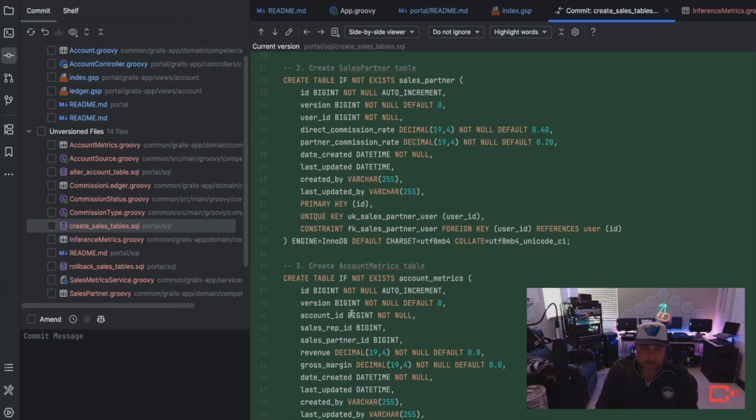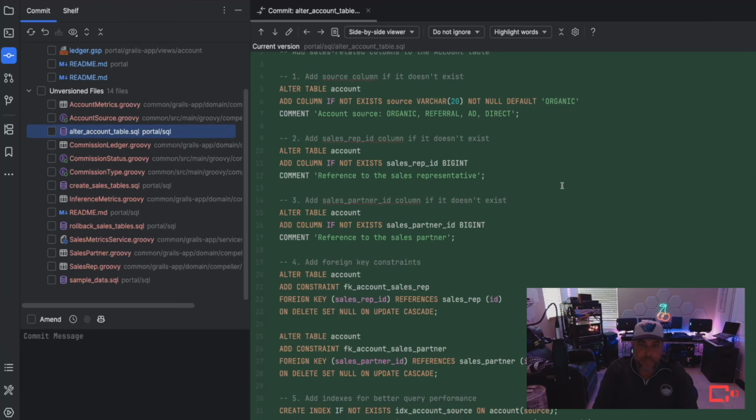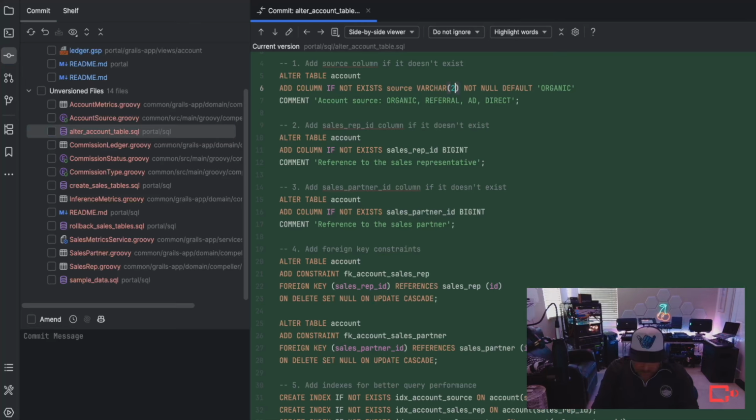All right, I like this. Here's our alter table. So account, we're gonna add the varchar for organic. I'm gonna just make this 50. I don't know how big things will be later.